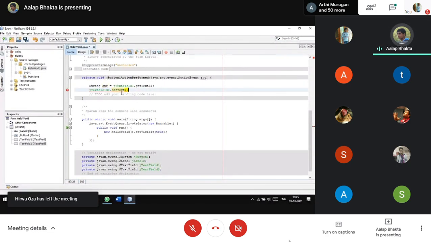Whatever string you want to display over here, like if you want to display str, just type the variable name here. And if you want to display anything else, like the name you entered is saved, it will display that.